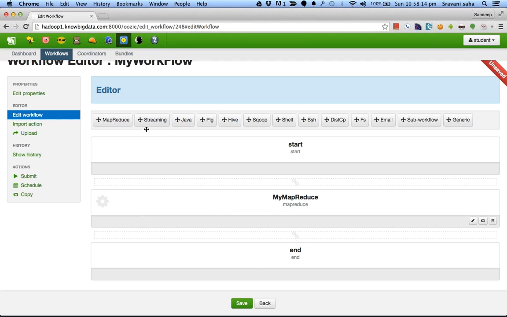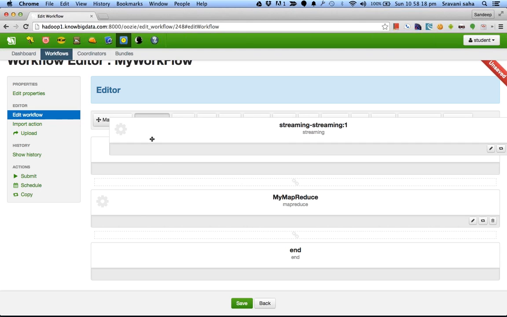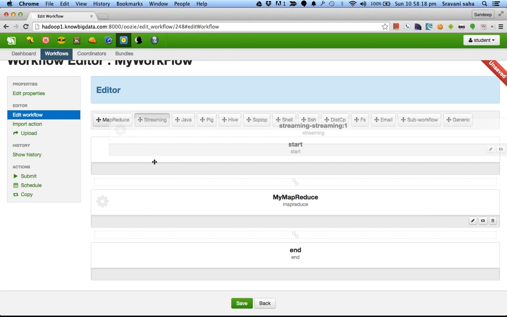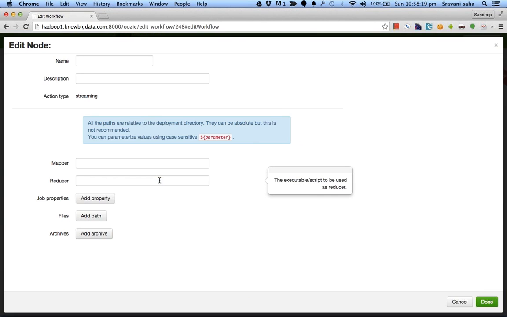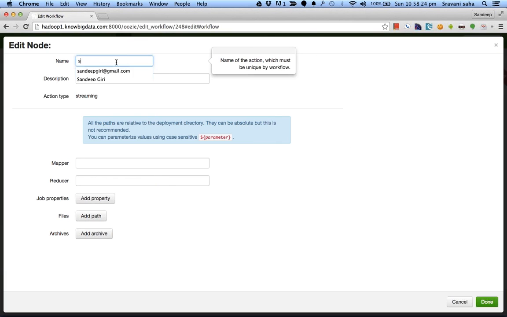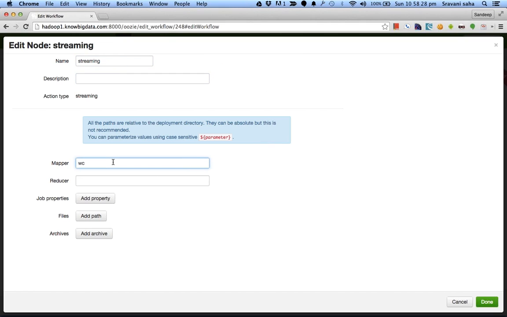And after that, if instead of normal MapReduce you wanted a streaming job, you can use a streaming job. Okay, you can say this is some streaming, and here my mapper is WC, or what was our mapper? SED substitute space with new line.